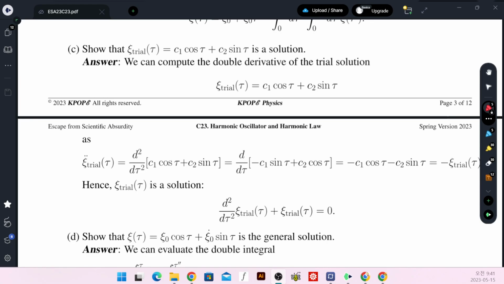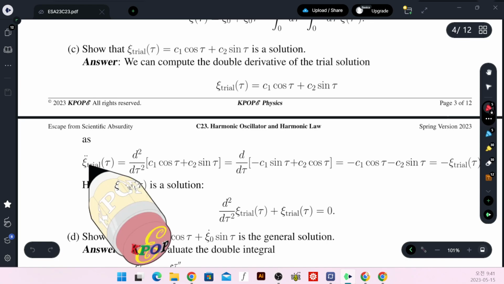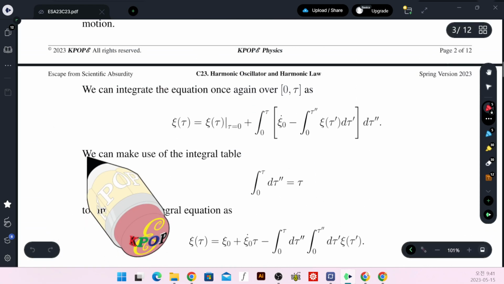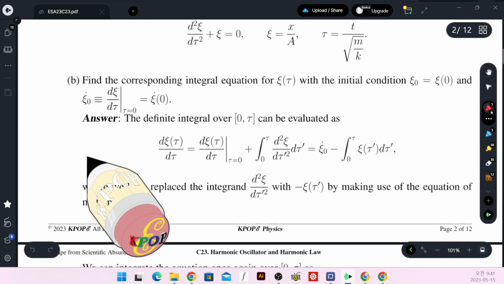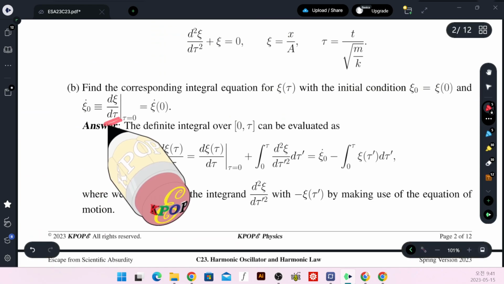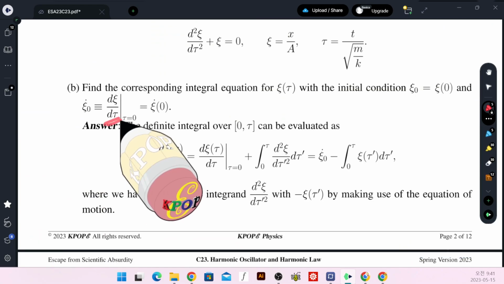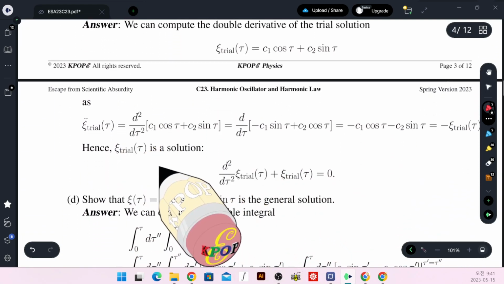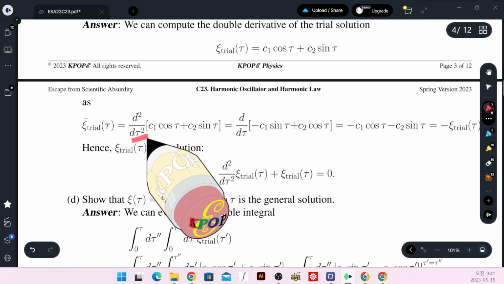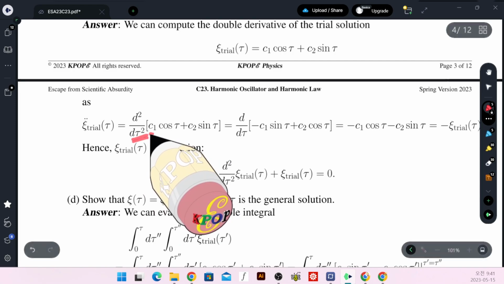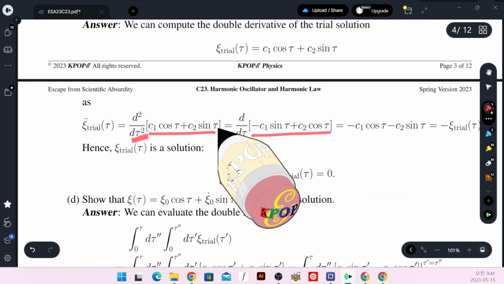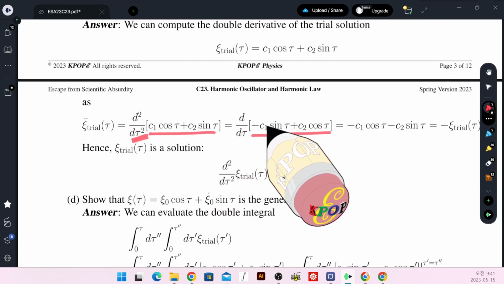Okay, I have corrected that part. So in here, this double dot and single dot for c represent the derivative with respect to tau instead of time. So it is the derivative with respect to tau. If I take the first order tau derivative, this trial solution becomes minus, cosine becomes minus sine, and sine becomes